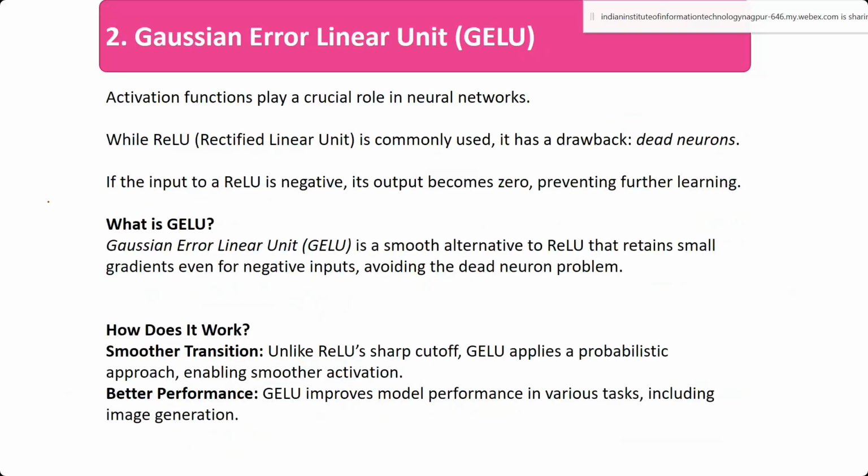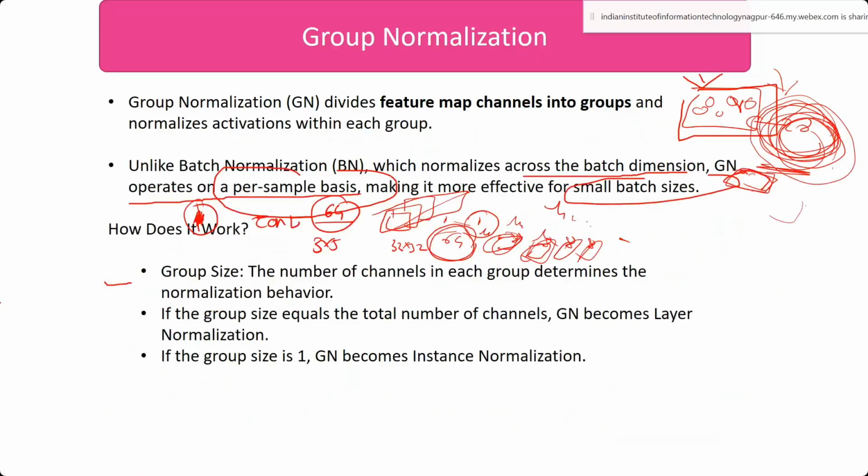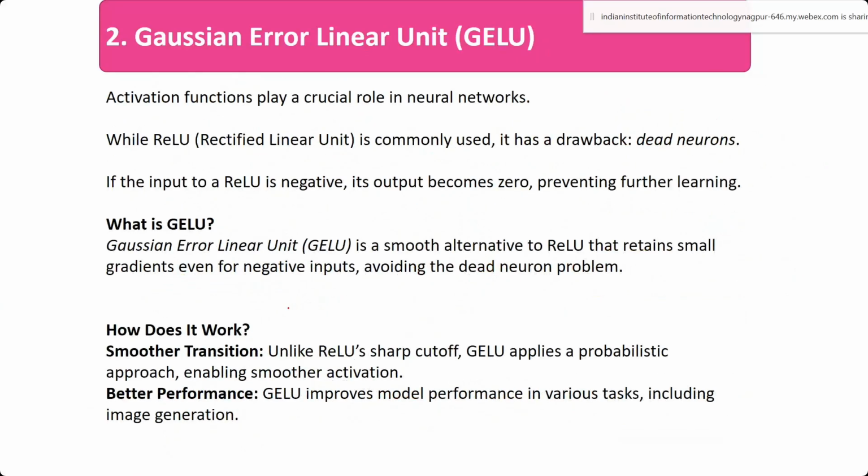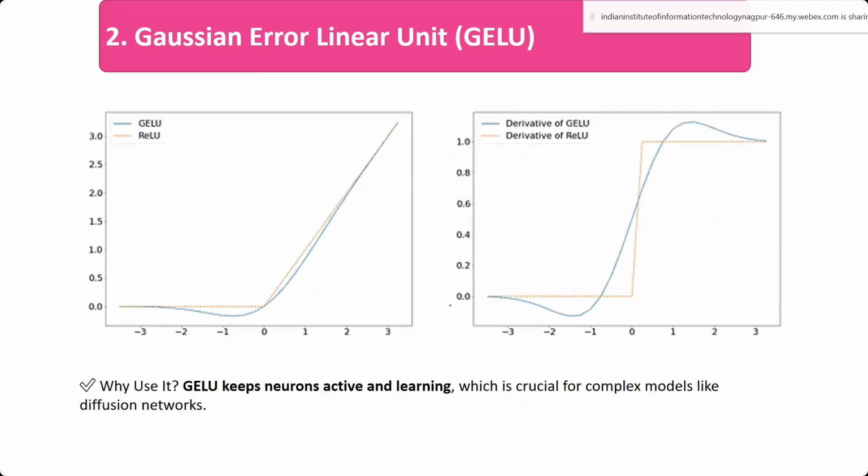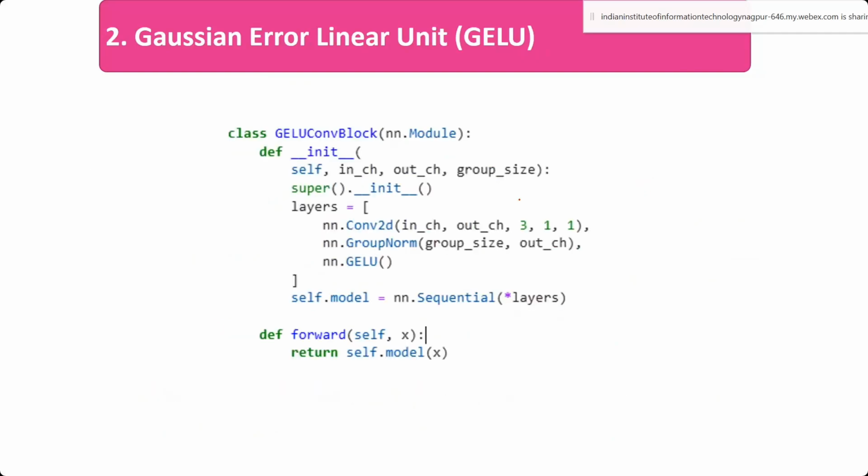Then the next optimization technique is the GELU activation function. What is the GELU activation function? In the case of the ReLU activation function, you are directly ignoring the negative samples, the red color here. Whenever there is a negative sample, you directly make it 0, and that causes the dying neuron problem. To avoid that, we consider some negative values. That is what the GELU activation function does.